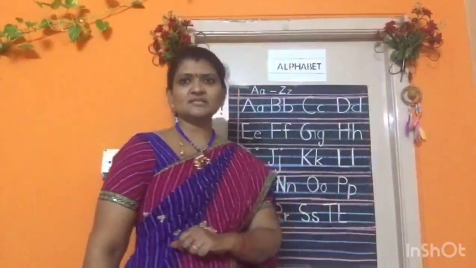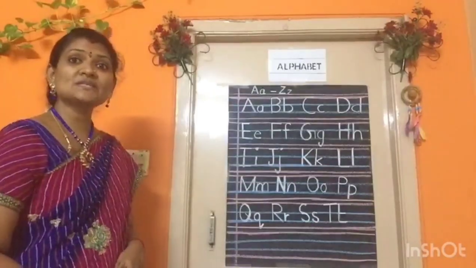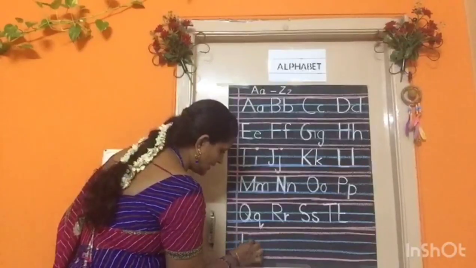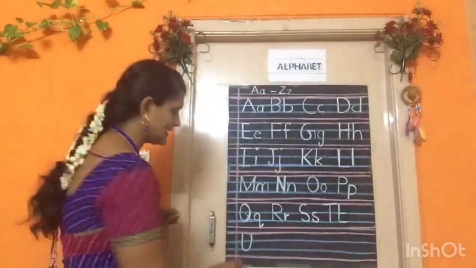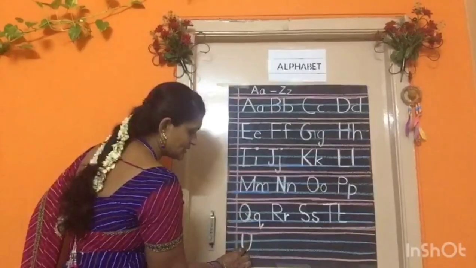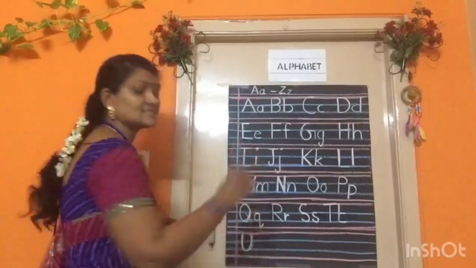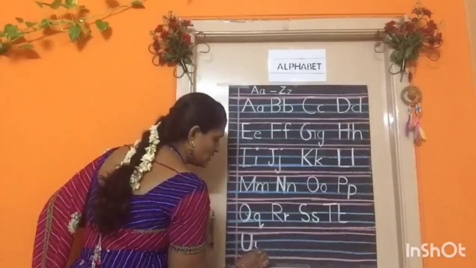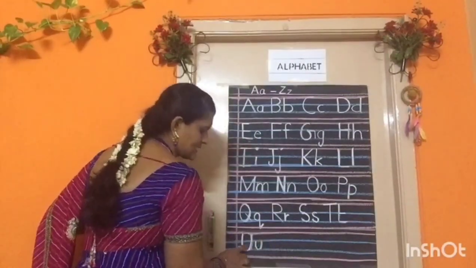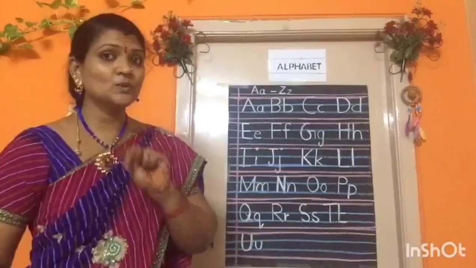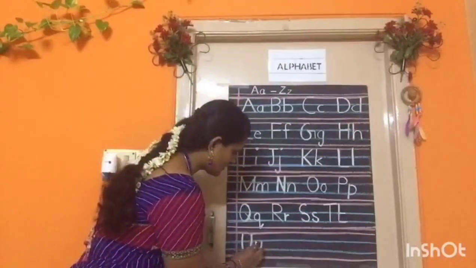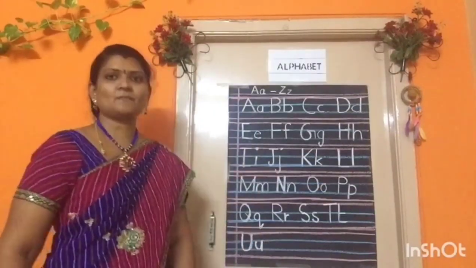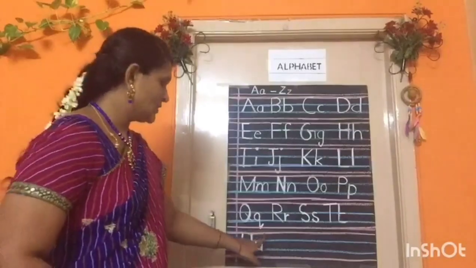Now what comes, children? U. U says A. Capital U, that is wing curve. Pink line to pink line, you should not lift. Pink line to blue, third blue line, you should go up again, touch the first pink line. That is wing. And small u same as capital but within blue lines. Don't lift the pencil and bring down a vertical line like this. Understood? Small u. Now put the finger space.